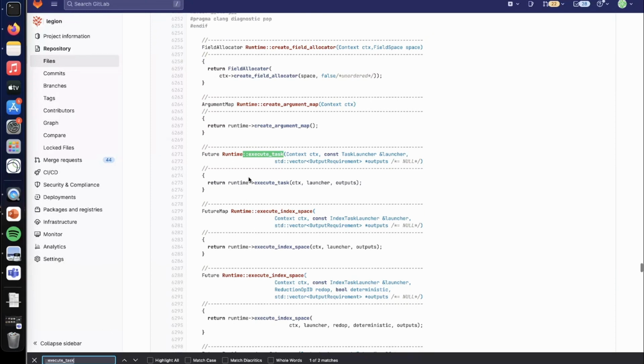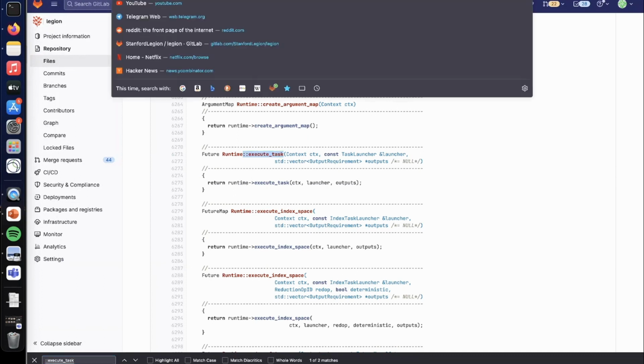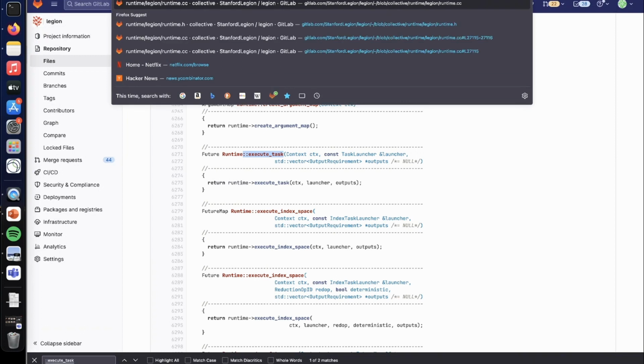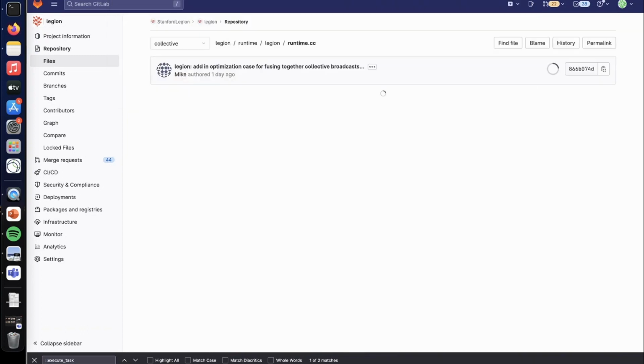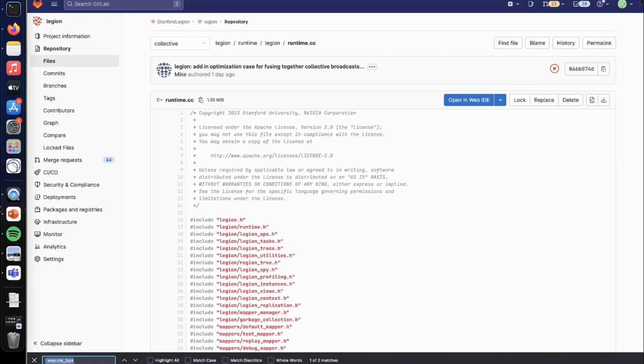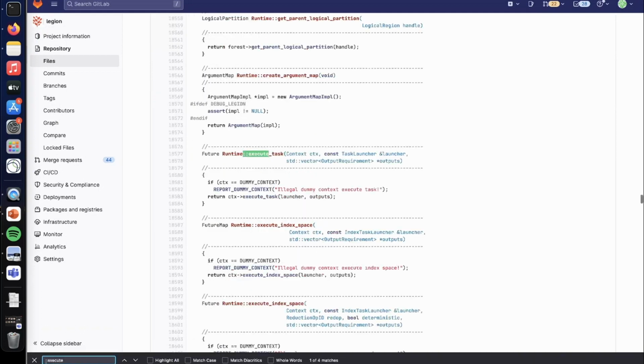You'll notice a lot of calls actually will distribute through the context instead of the runtime, and I'm probably going to rewrite this one as well to do that also. But for now, this will bounce off our internal runtime data structure, and we'll talk at a later session about who makes these, how you set up the runtime and all that stuff, but that's not particularly relevant to us. And really all this does is check that the context is a real context. It's not a dummy context, and the user hasn't passed in some invalid context, and then it dispatches to this